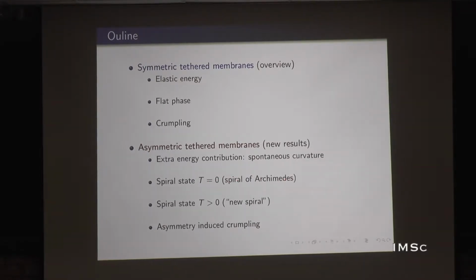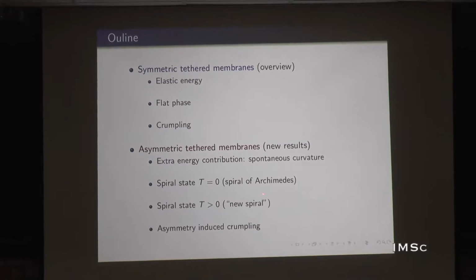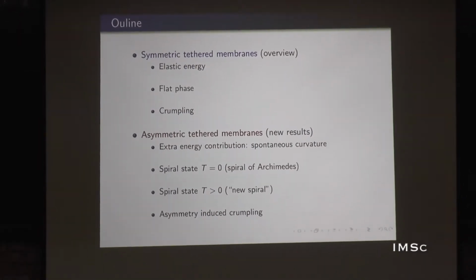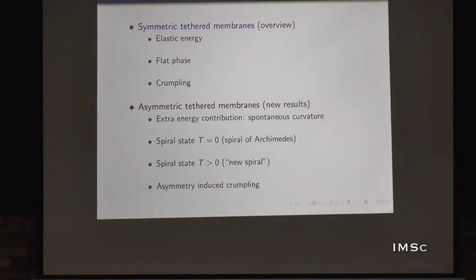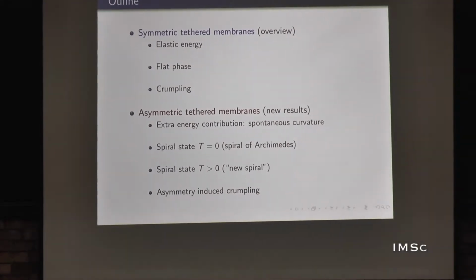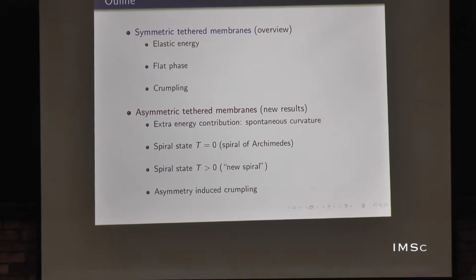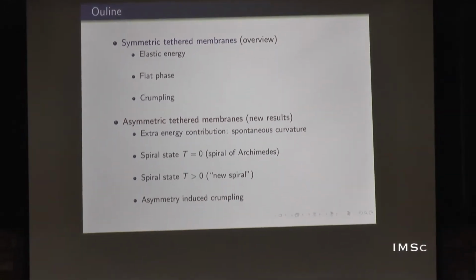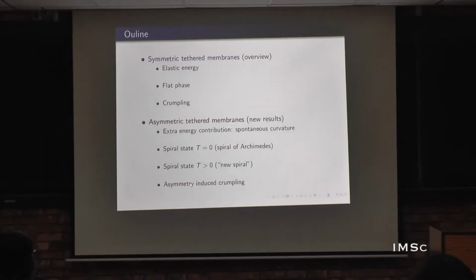The form of the spiral is the spiral of Archimedes. Then there is also a spiral state at finite temperature, which we call new spiral, in the sense that its mathematical form has not been used to describe any physical system so far, at least to our knowledge. And then the last part, which is probably the most novel part of the work, which is the asymmetry induced